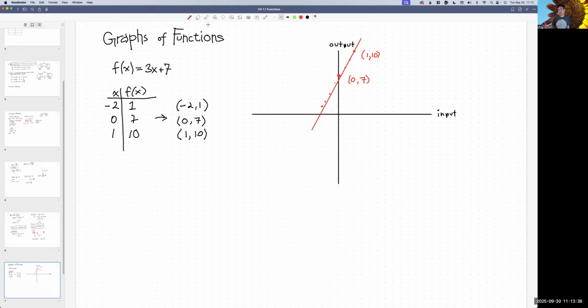The idea is each and every point on this line, if I pick any arbitrary point here, its input is some value A,